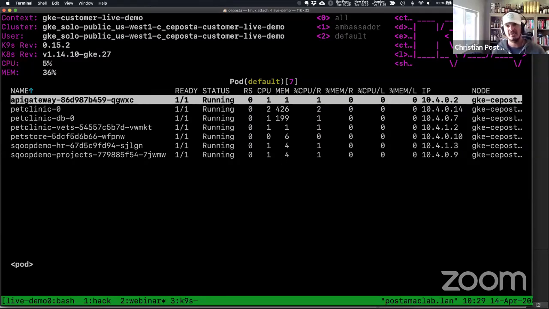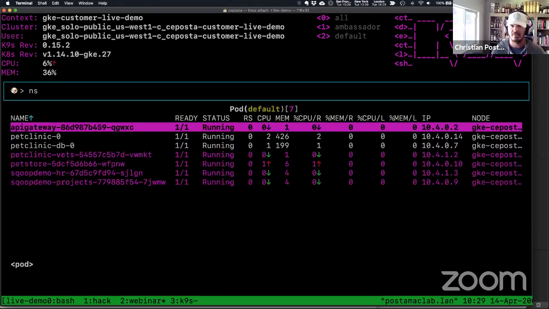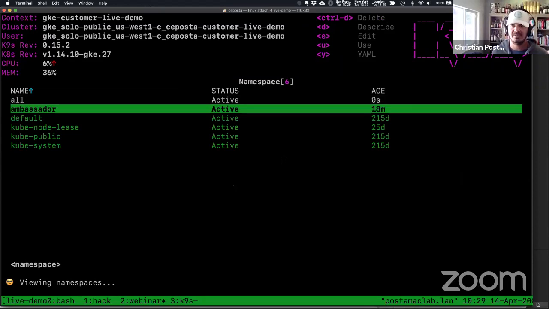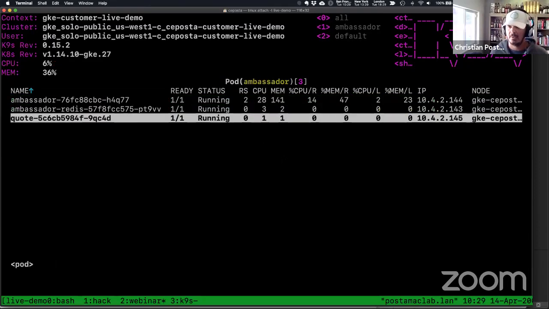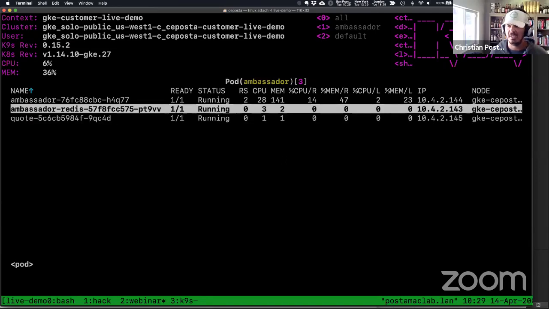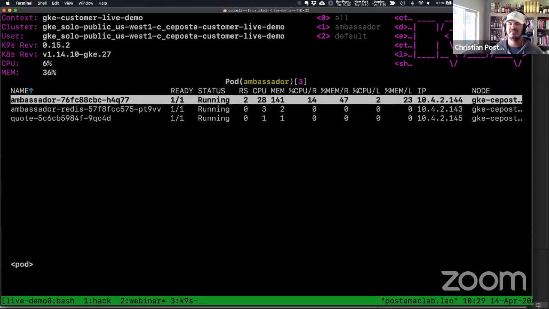Now, one thing about Envoy is that you can configure it with static files. You can configure it with a control plane that has a dynamic API. And so what we're going to do here real quick is take a look at the Ambassador install and look at Envoy. So we see quote, which we installed because that was our sample service. We have Redis, which I'm assuming is probably for rate limiting functionality. And then we have the Ambassador